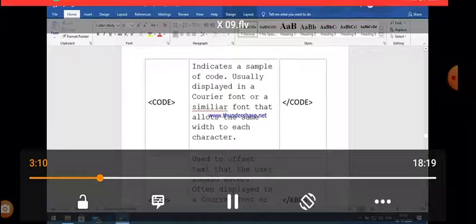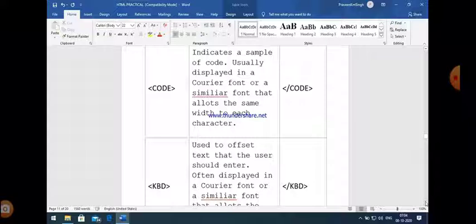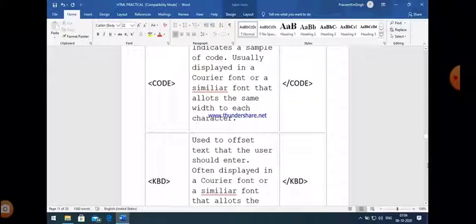Next is code. If you want to represent code, for example programming code, then we use the code formatting tag, which is a logical tag. Basically it is represented in a Courier font or a similar font that allows the same width to each character. Next is KBD.